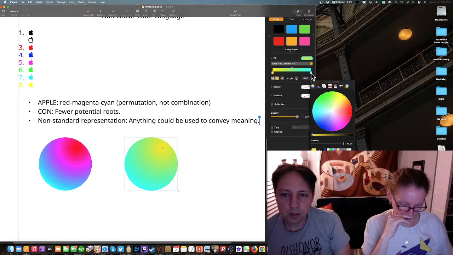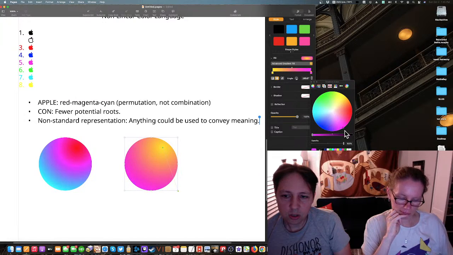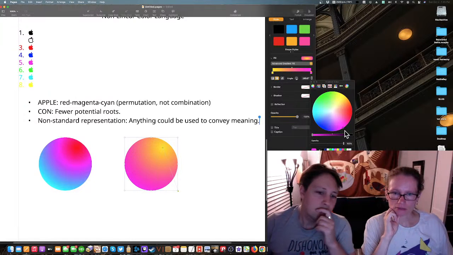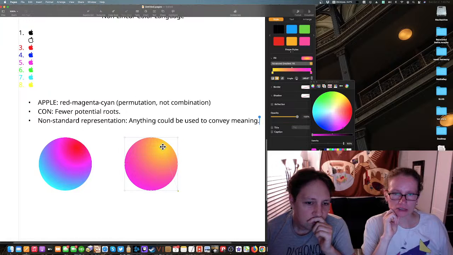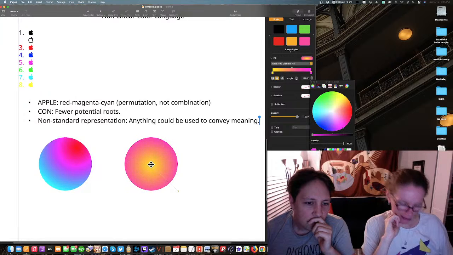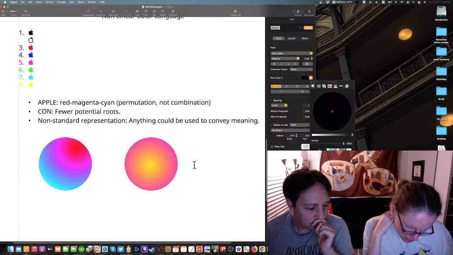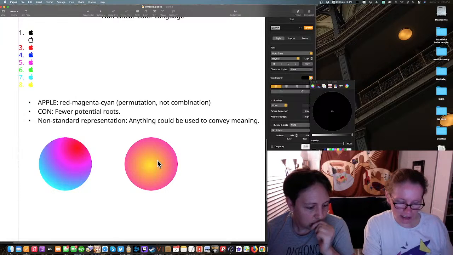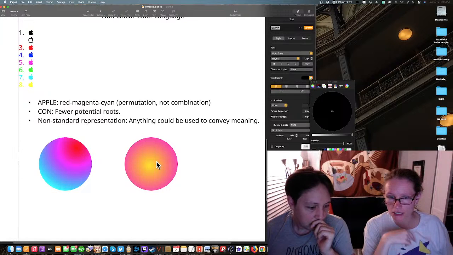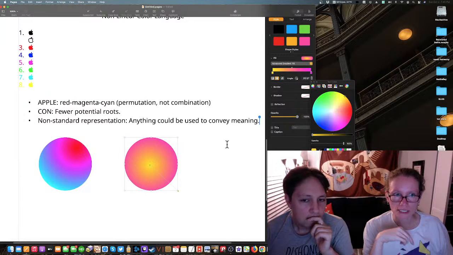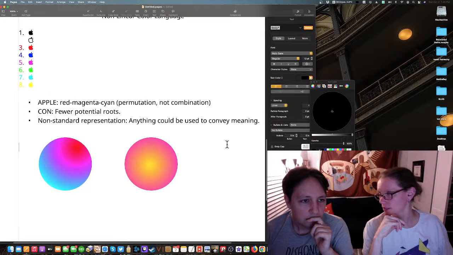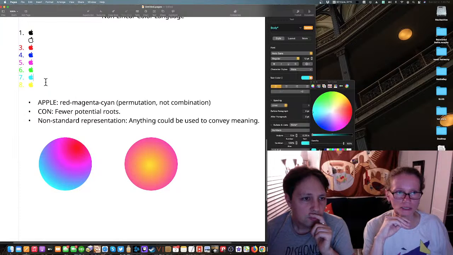Try to get the same by doing yellow and magenta. I don't really see a lot of red in there. But that's gorgeous. Yeah, we're not getting red. It's because they have to be at full strength. You're never going to get a straight-up red unless they're at full strength, and in a gradient it's never going to be mixed at full strength. So we're safe with RGB and CMY, because it would only be in full-strength combos.